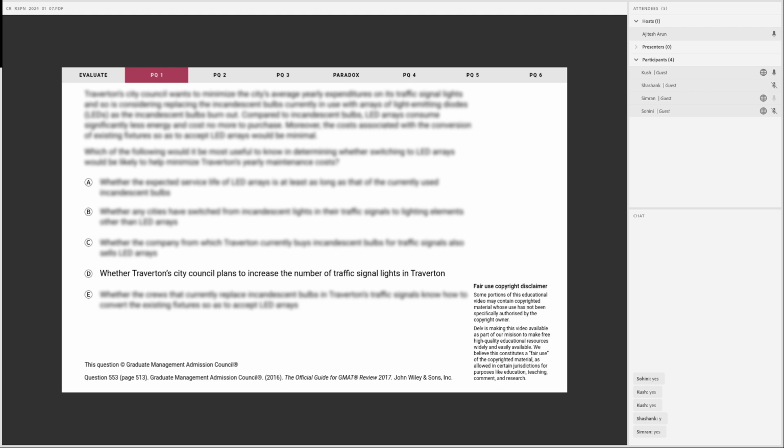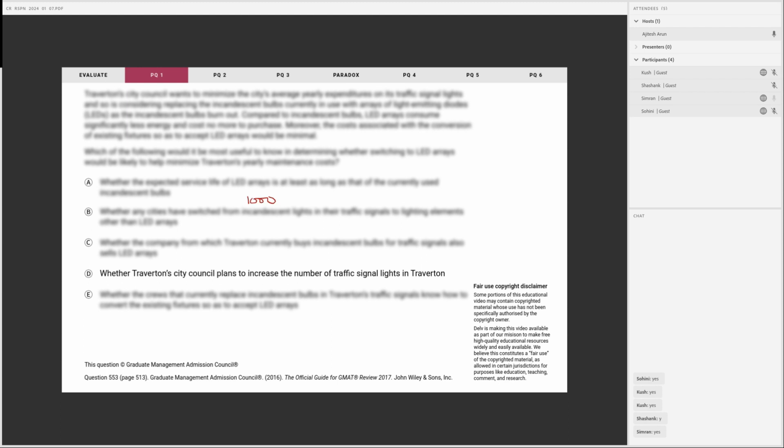So this is how I thought about it. If they plan to increase the number of traffic signals and they only use the present bulbs that they are using, the cost will, I mean, we have to compare the cost between the increased bulbs versus increased LED bulbs, right? Excellent. So effectively, what Kush is telling us is, for example, if right now we have 1,000